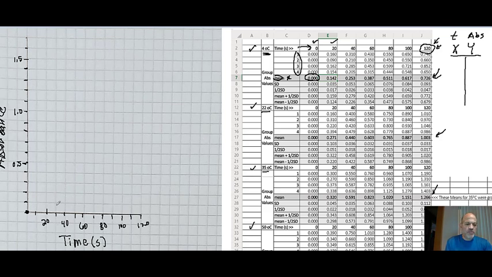So 0.142. At 20, this would be 0.1, and we're not going to be able to graph to the thousandths, but we can go to the hundredths because each one of these is 0.1, and we can estimate in between there. So we're going to round that to 0.14. So at 20, this is 0.1, this is 0.2, in the middle is 0.15, so a little bit below there